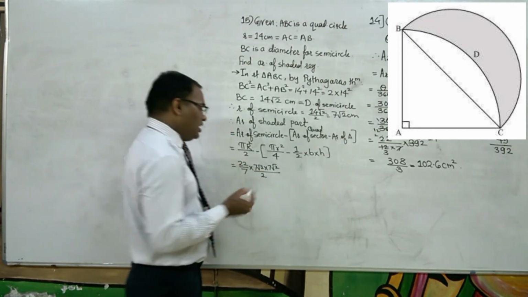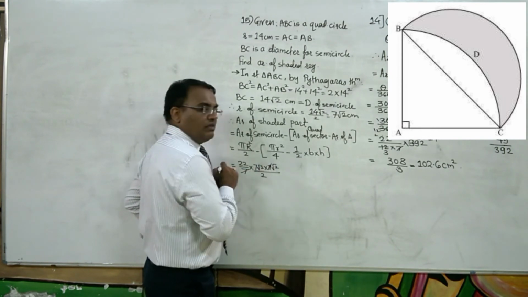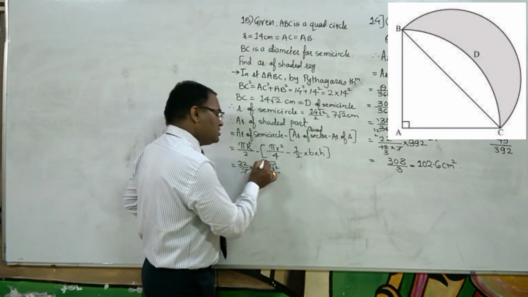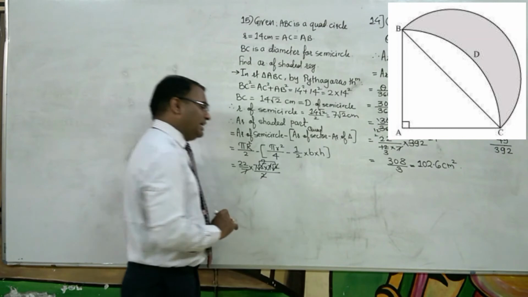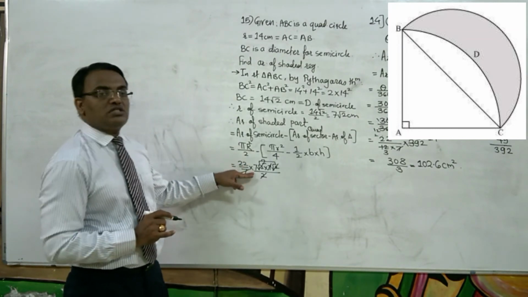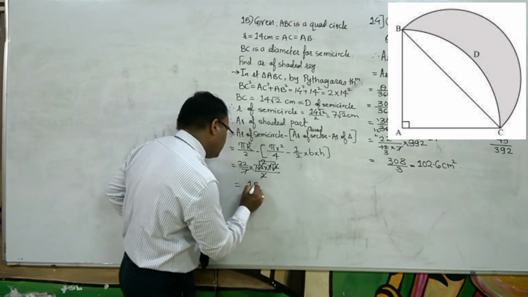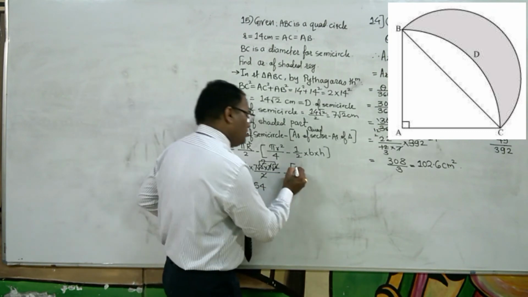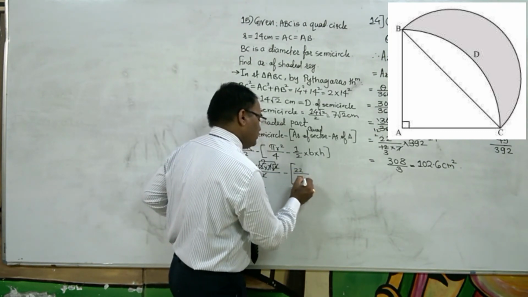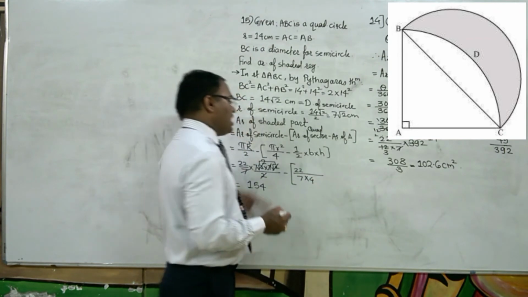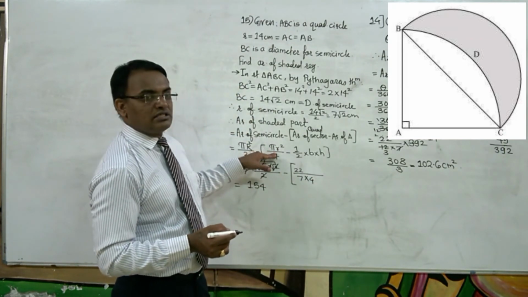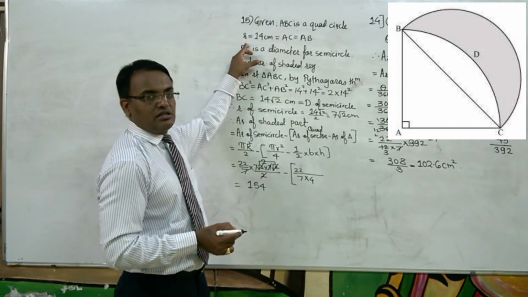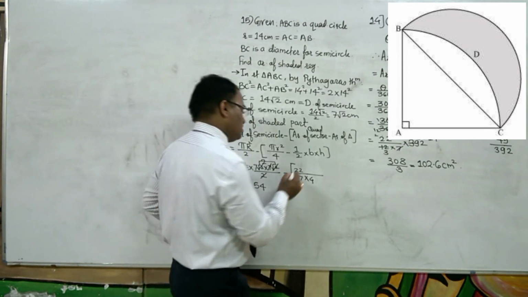This one. Okay, now what will happen? This 7 and this 7 will get cancelled. Root 2 into root 2 will give you 2. So this and this will get cancelled. What is remaining? 22 into 7, which is nothing but 154. Then minus again pi, that is 22 by 7 into 4 I am writing. Then r. Now what is r for this? The radius for this is what? 14. Right or no? This we have to see.